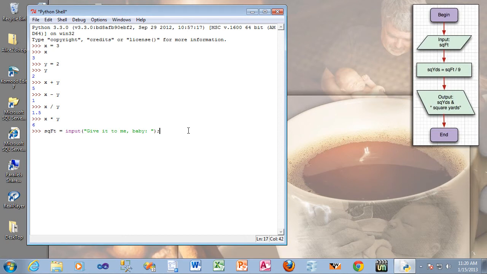All right, so give it to me, baby. So I'll just say 27, like so. And there it is. Now there are 9 square feet in a square yard, so if I wanted to, I could just simply go square feet